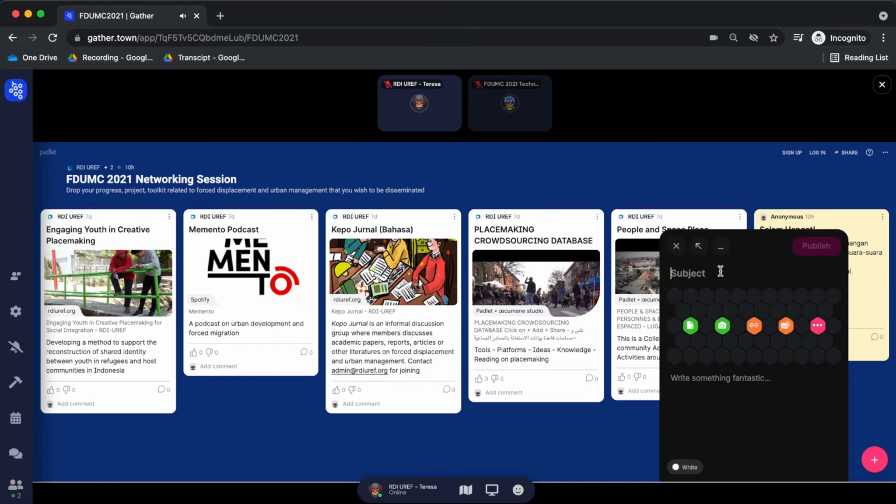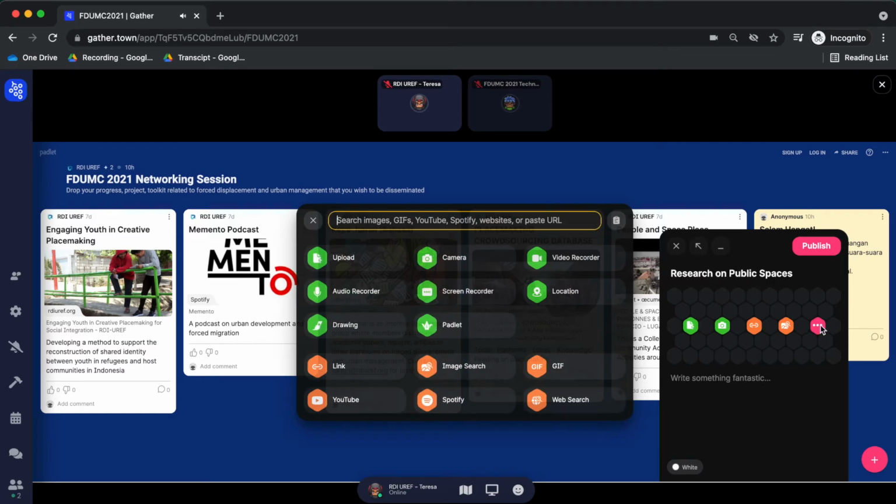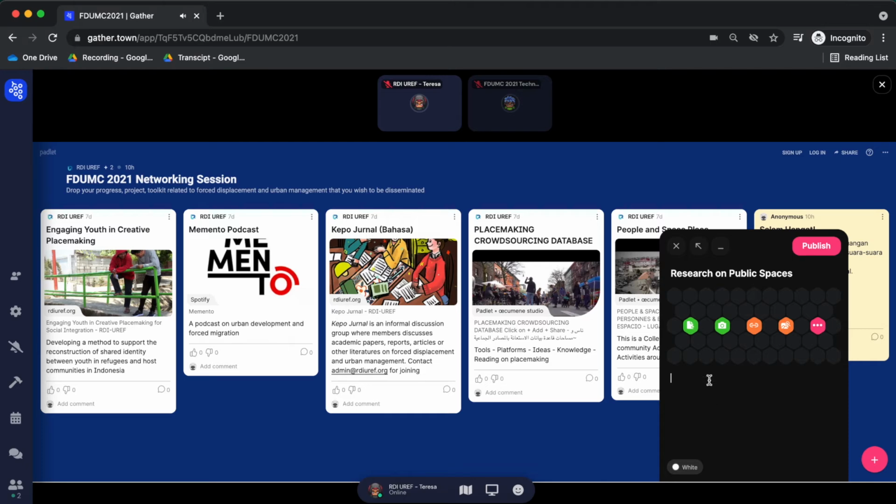Write your title, choose your supporting documents such as website link, brochure, PDF, etc. And also write down the description of your work or progress. Click publish and you are done. You can also see other people's work and progress here and maybe get a little knowledge exchange.